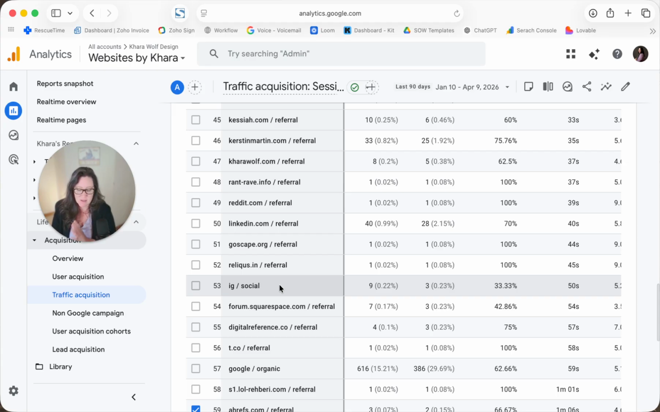So these aren't necessarily channels that are driving the main conversions right now, but Instagram and LinkedIn and Reddit, I am getting, this is not bad, 40 seconds, average 50 seconds. So these are channels where if I actually put some more effort into them,